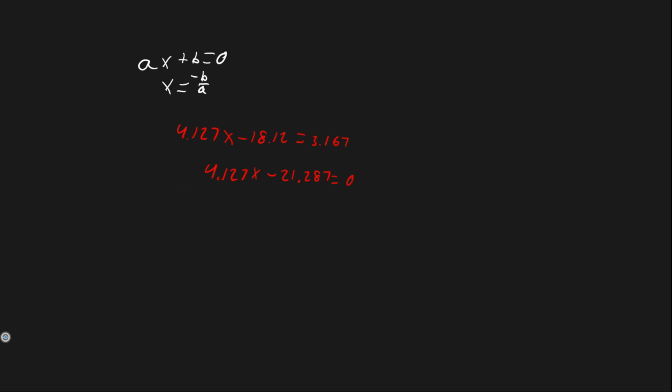We can use a formula where x is equal to negative negative 21.287, so we get positive 21.287 divided by 4.127,